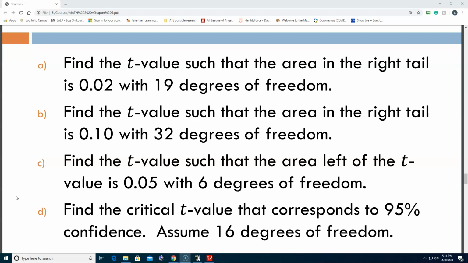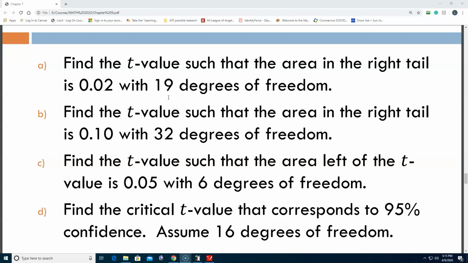Find the t-values such that the area in the right tail is 0.02 with 19 degrees of freedom. For these types of problems, instead of a z-score, now it's a t-value, a t-score idea. We're going to do it two different ways. I'm going to show you the t-distribution chart, and then I'm also going to show you how to use the